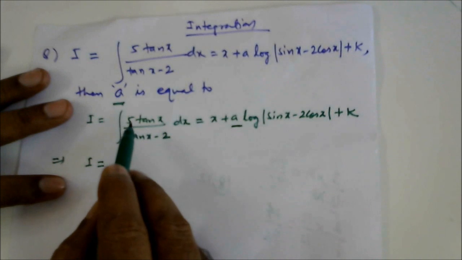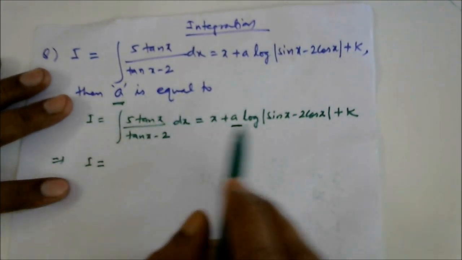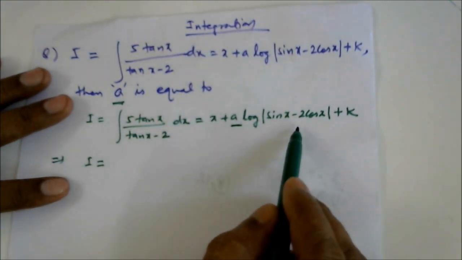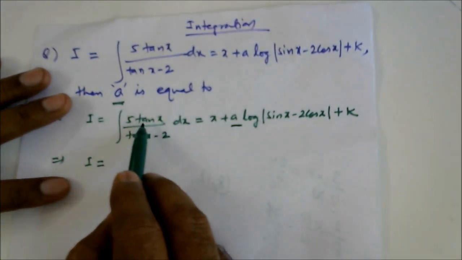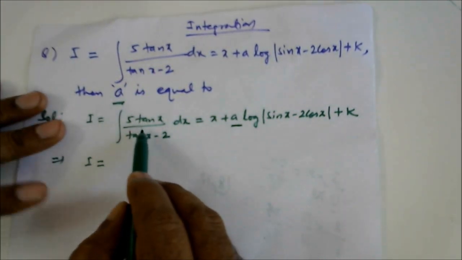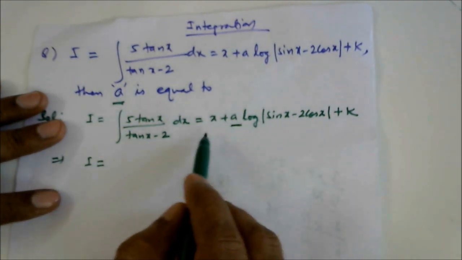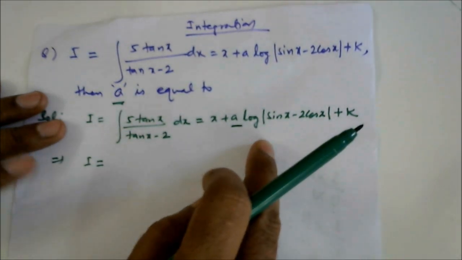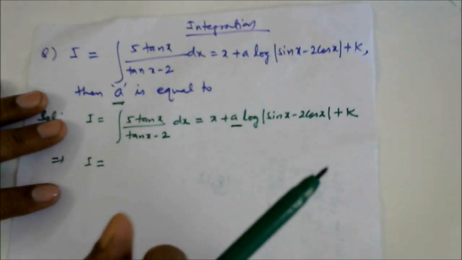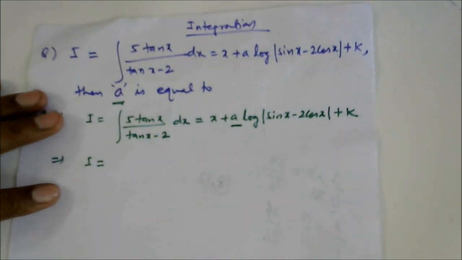So I is equal to the integral of 5 tan x is there. Let us convert it, because here sin x cos x is there. So it is giving us some indication that if we put this expression in the form of sin x cos x, then sometimes we will be able to solve this question easily. So sometimes when we see the answer carefully, we come to know which steps we have to apply and which method we have to go especially. Okay, so that is giving an indication.